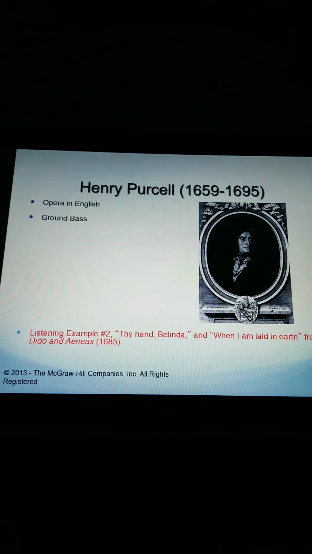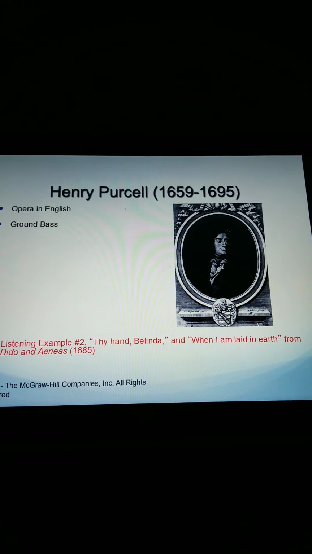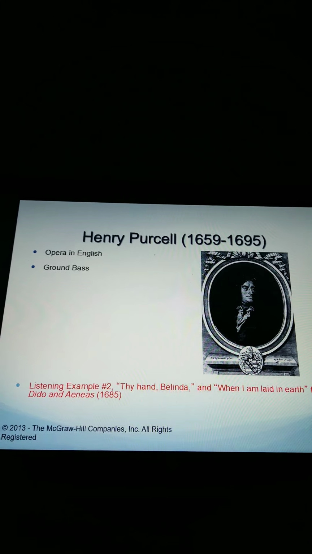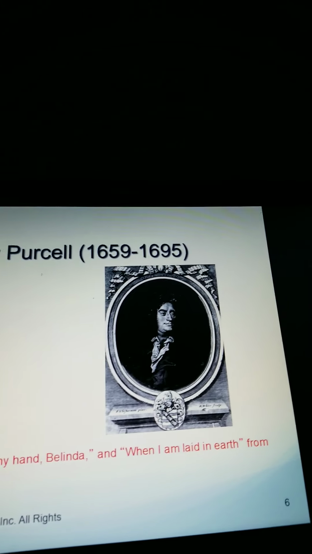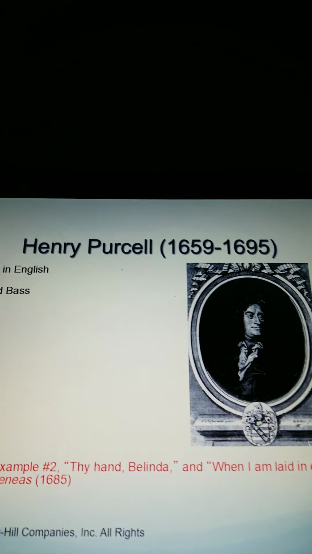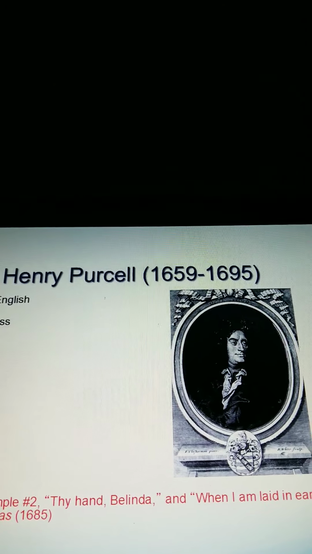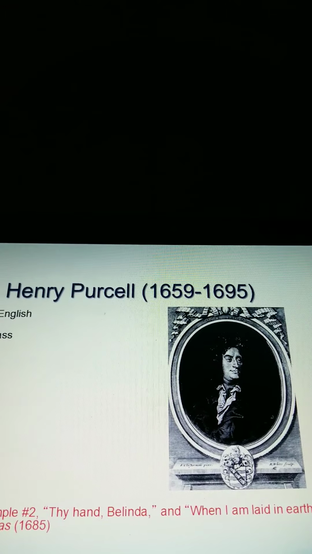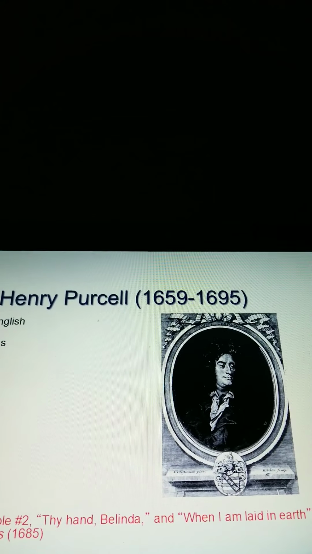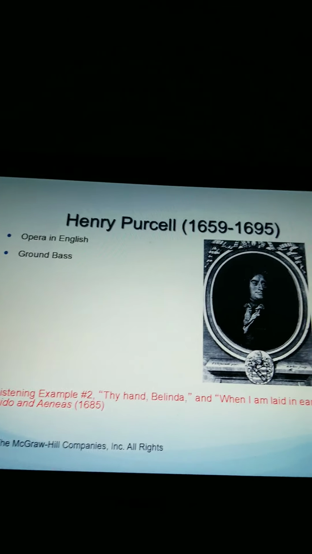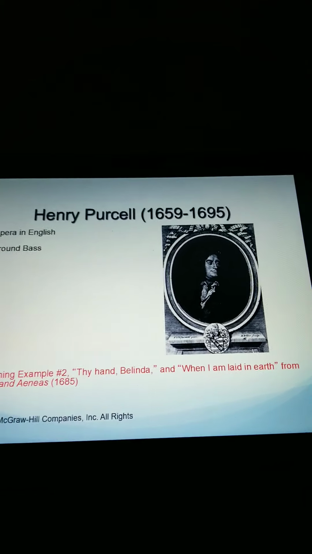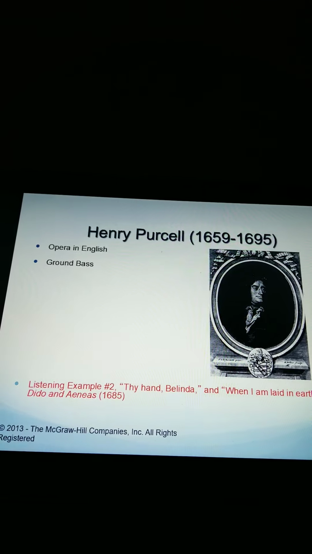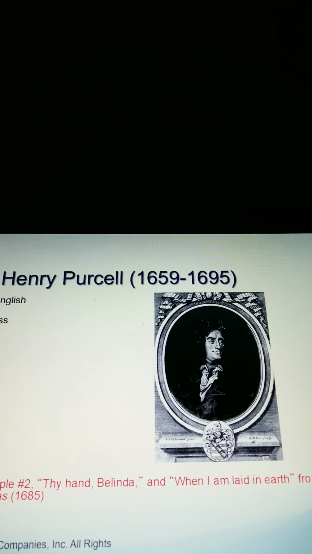Now, this leads us to an English composer. His name is Henry Purcell. Henry Purcell is still considered to be one of the greatest English composers of all time. He created vocal dramatic works, and this included a short opera named Dido and Aeneas. I'm sorry, it was written by Purcell, but it was performed by girls in a boarding school.